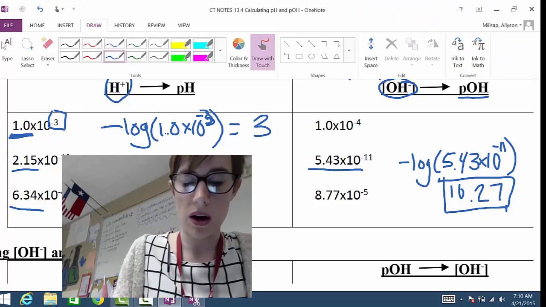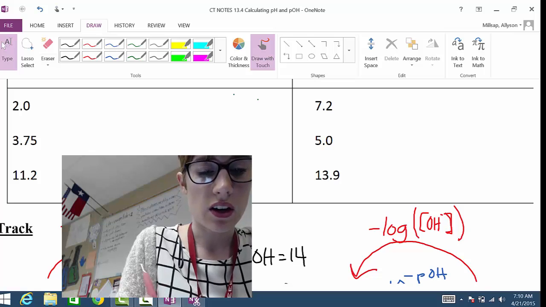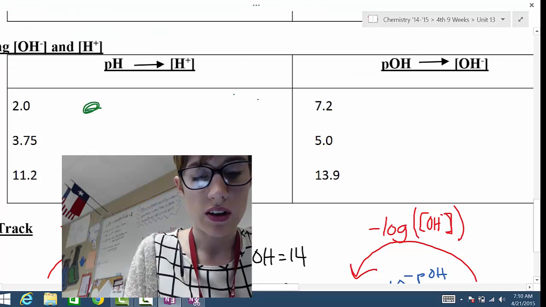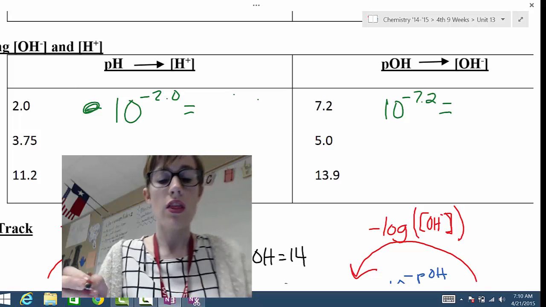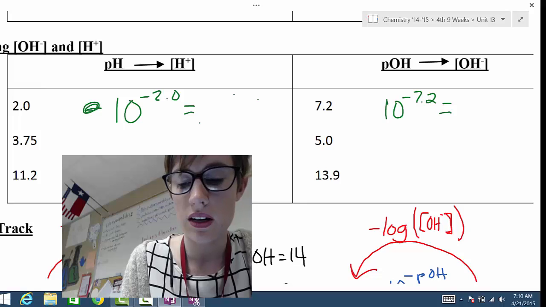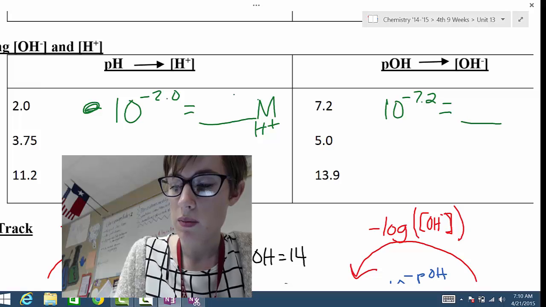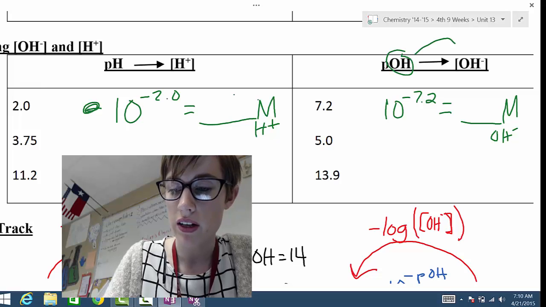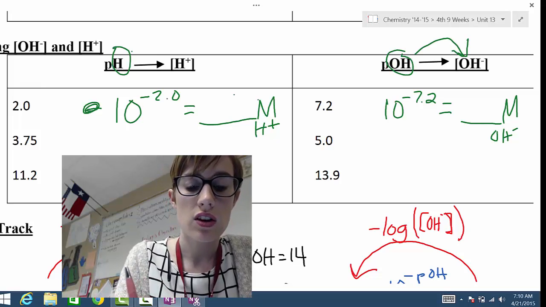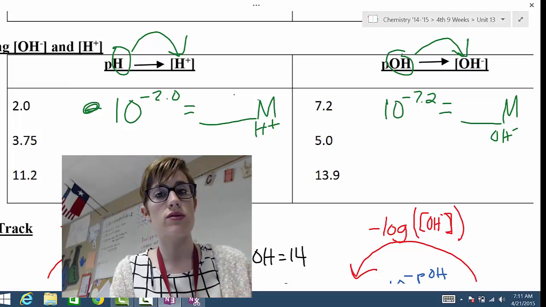So we have 2 more problems to practice, okay? In these problems, I'm giving you pH, and I want you to find the concentration. So you just do, not negative, just 10 to the negative of the pH to find your answer. Same thing here, 10 to the negative of the pOH to find your answer. The hardest part is remembering that this number here is going to be the molarity of my hydrogen concentration, whereas this answer is going to be the molarity of my OH concentration, okay? If you're given pOH, then you find OH concentration. If you're given pH, then you're finding H concentration, okay? And then remember, anytime you're doing concentration, you have to put it into